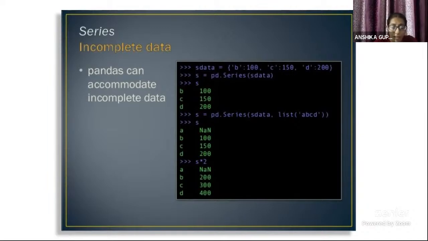Okay, but what happens in your series is that it allows us to accommodate incomplete data more often. Suppose my data is now this dictionary. It has a key plus a value, again a key, again a value. Now B is equal to 100, C is 150, D is 200. These are all dictionary values and data types being used. Okay. Now